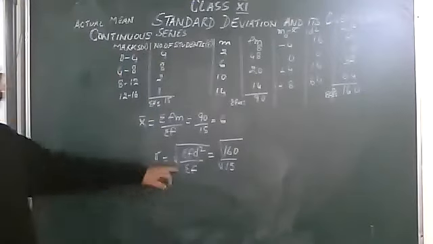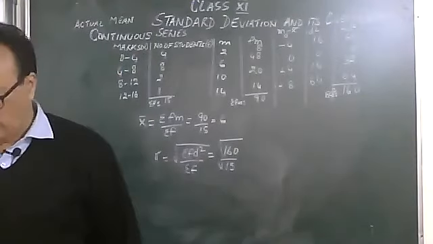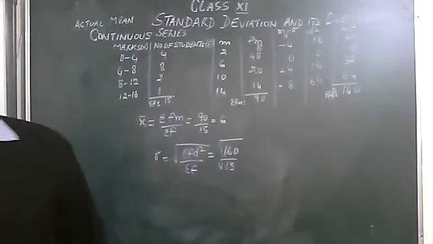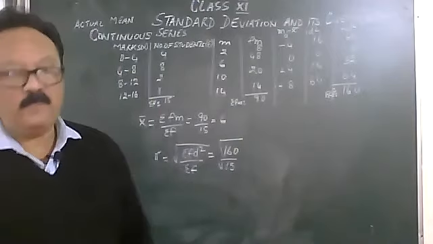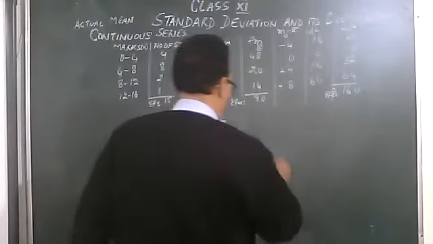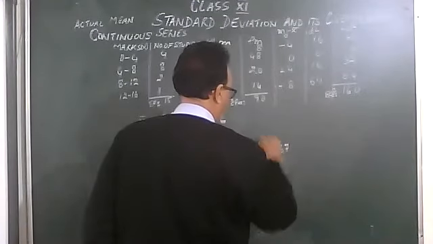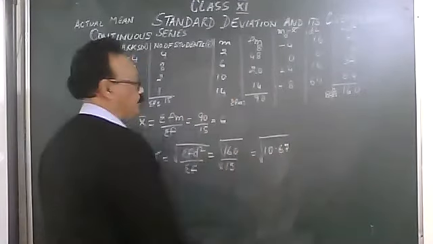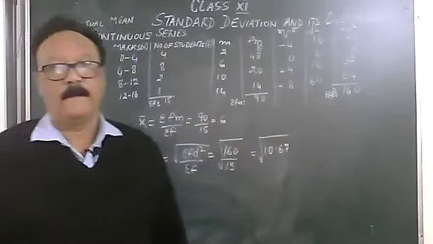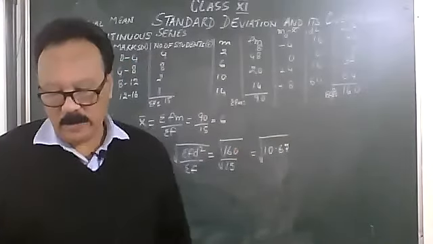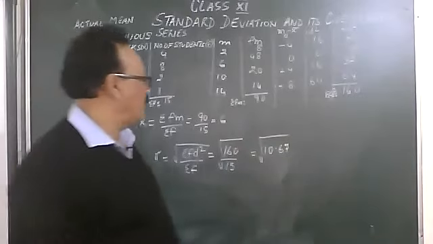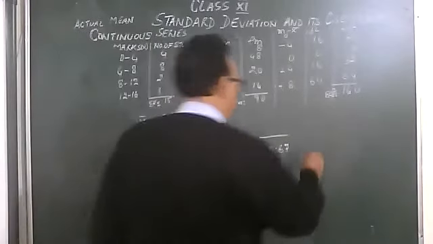This is what we will get. Now, substituting those values, 160 upon 15 would give you roughly 10.67 under root. Okay, now find the square root of 10.67. That will give you the answer,